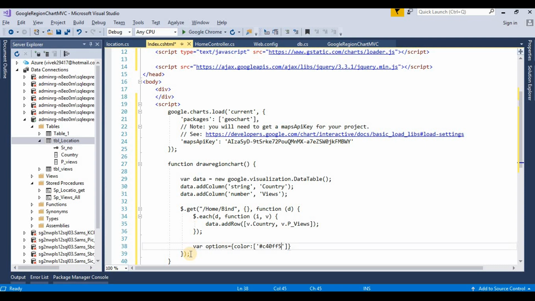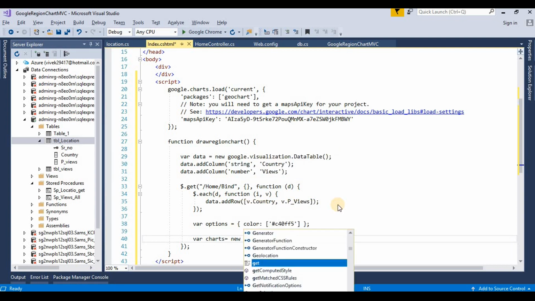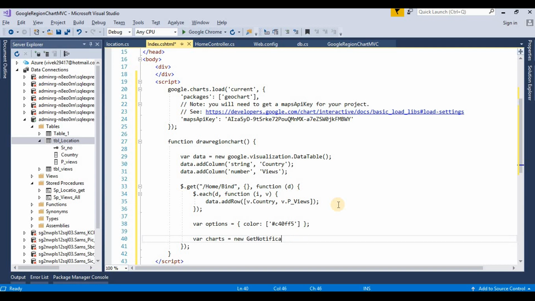C4045. This color code is for purple color. Now we take one more variable for charts. New Google dot visualization dot geo chart,